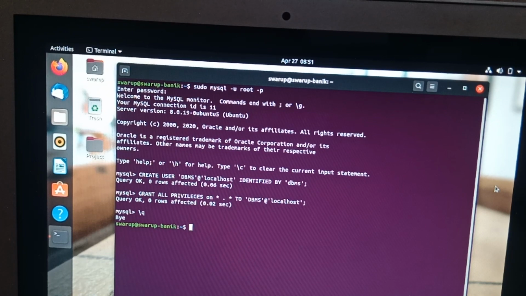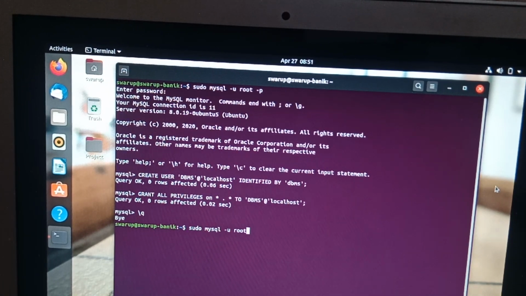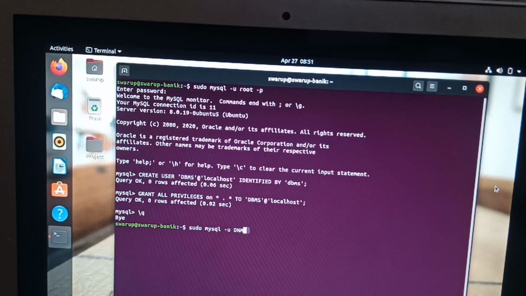Now I will try logging into the MySQL environment with the user which I have just created. sudo mysql, username was dbms.